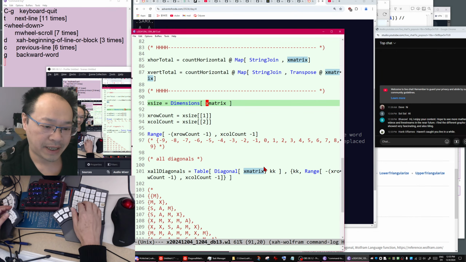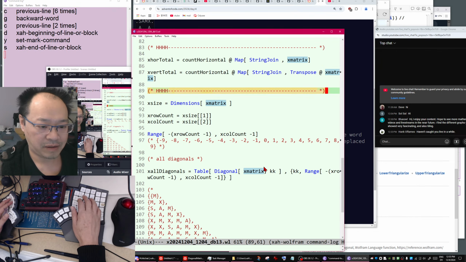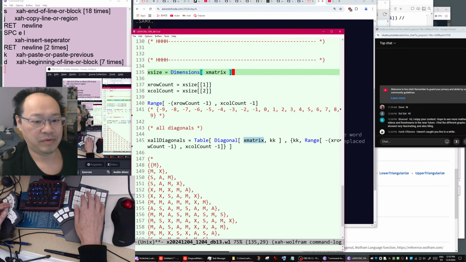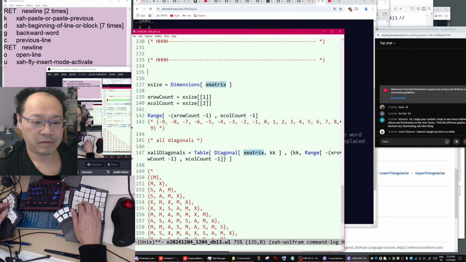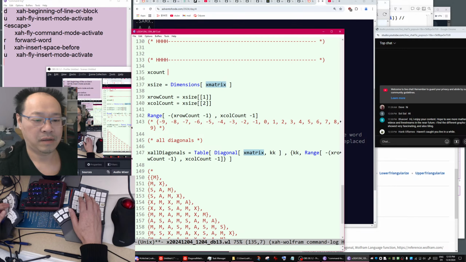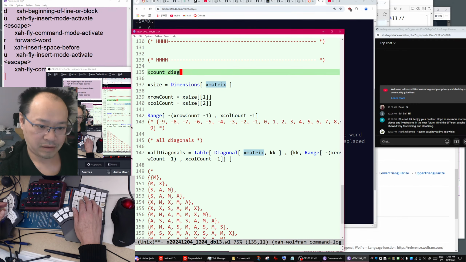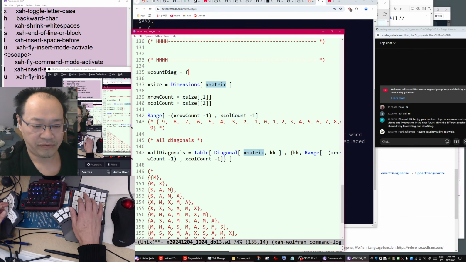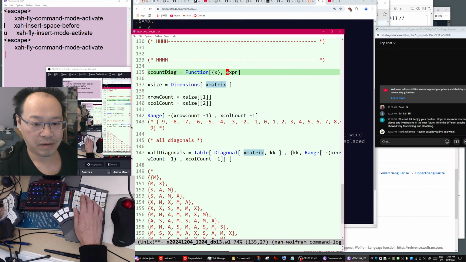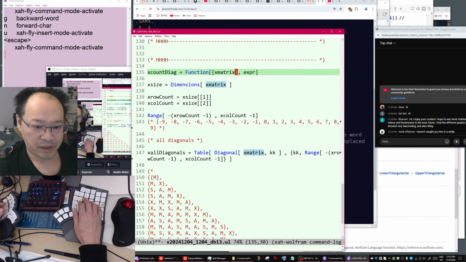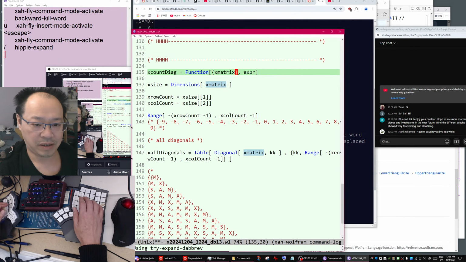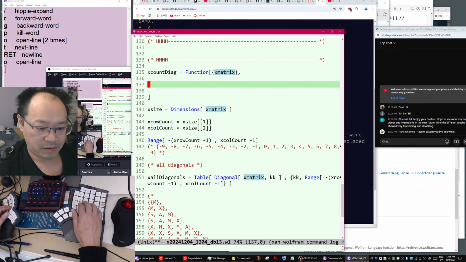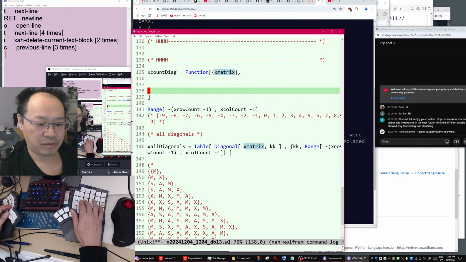Yeah, let's compact this code so that it becomes one single function. Okay, so let's begin. So count is a function, equals a function. Now the function is taking a matrix, X matrix. Then what does it do?